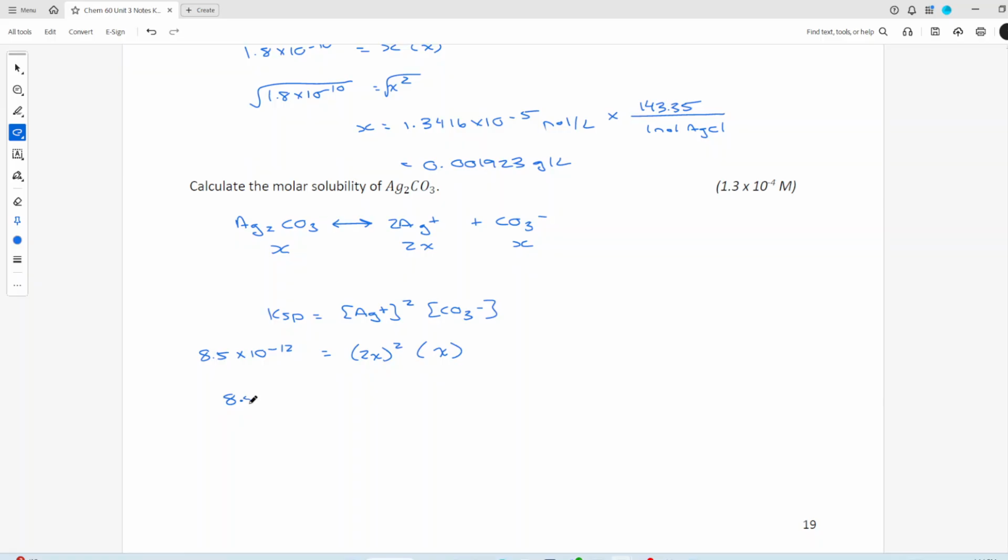So this is going to be 8.5 times 10 to the negative 12 is equal to 4x squared times x, which is 4x cubed. Then you're simply going to just solve for x. So you're going to divide by 4. So I'm going to do 8.5 times 10 to the negative 12 divided by 4. And then I'm going to take the cubed root of that answer, and I'm going to get